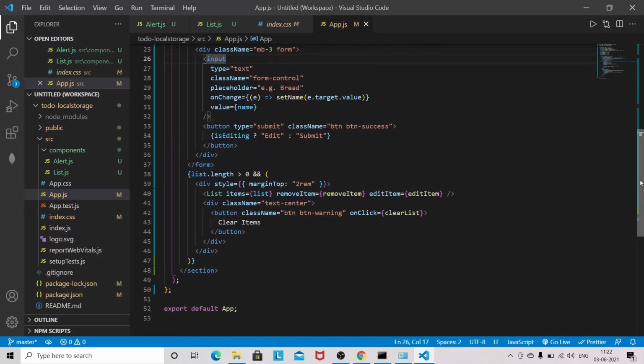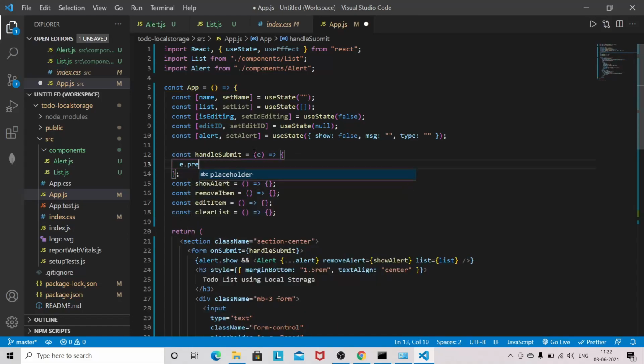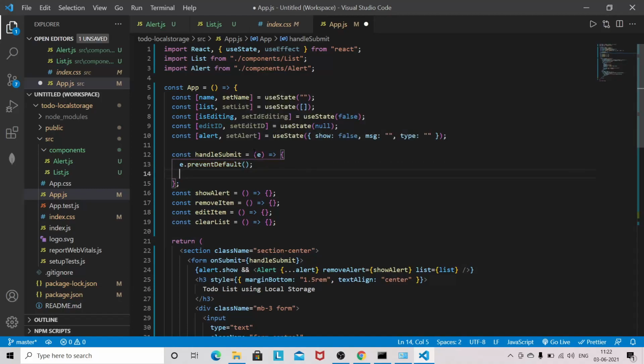So first we will work on the handleSubmit. So let's start working on handleSubmit. First we need to prevent the default browser behavior. Then we will check if there is a name.